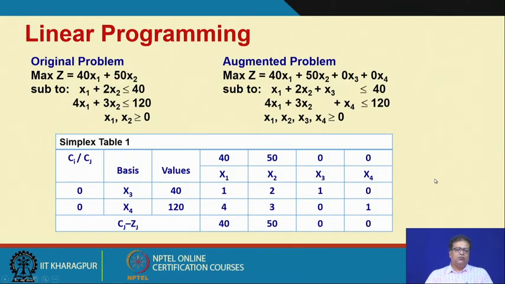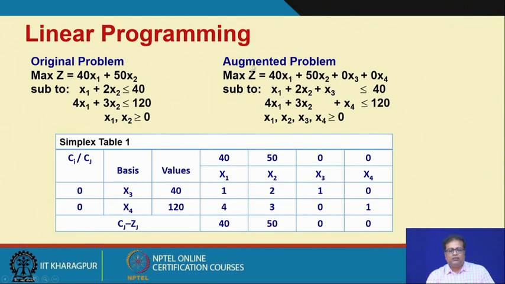Now, let us see how to solve a linear programming problem by the simplex algorithm. So, we took a very simple problem, the same one. What we do, from the original problem we write an augmented problem. What is that augmented problem? We take 2 more variables because they are all less than equal to. So, we take that, actually these signs should be equal to, they are not less than equal to, they should be equal to.